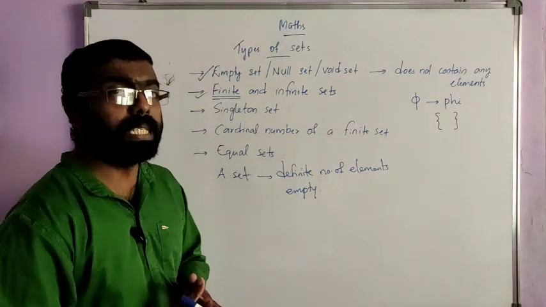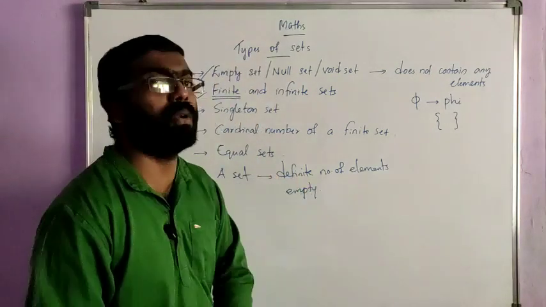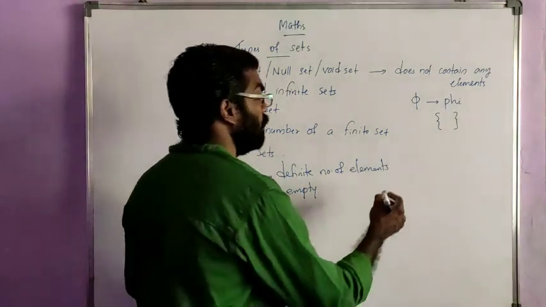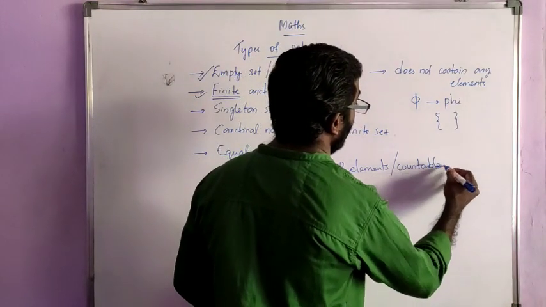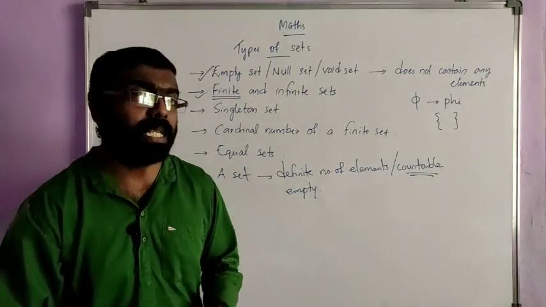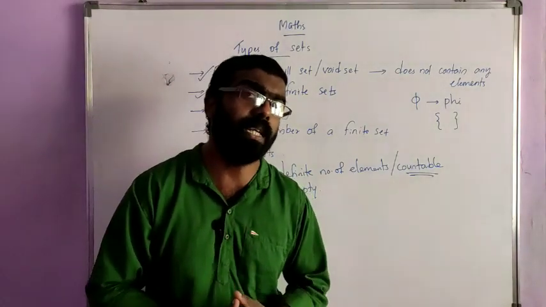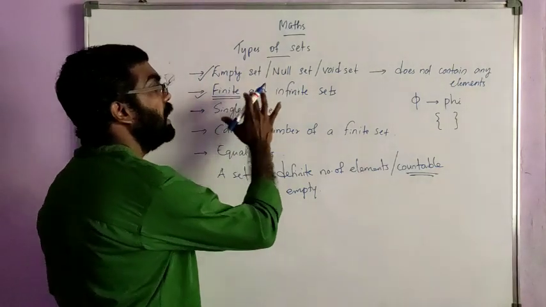A set which is empty or contains a definite number of elements. Definite number of elements means countable number of elements. Okay, so a set which is empty or contains definite number of elements is called a finite set,